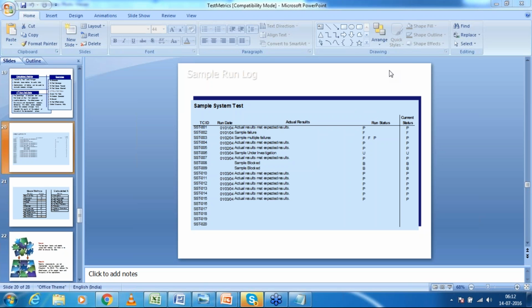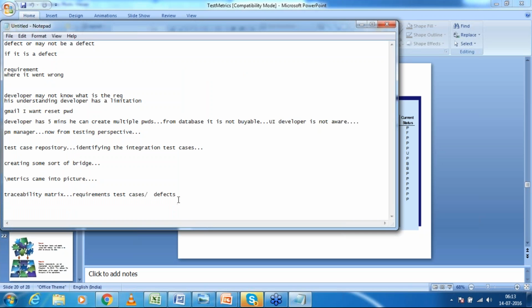Okay, there's a question here: as a fresher, do we need to do metrics? You may or may not be doing this, but from an experienced person's perspective, yes, we have to do the test metrics. Okay, but on a simpler level,